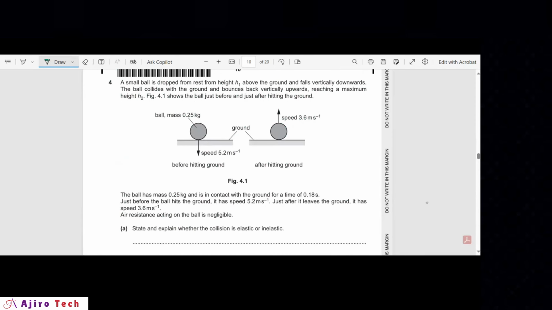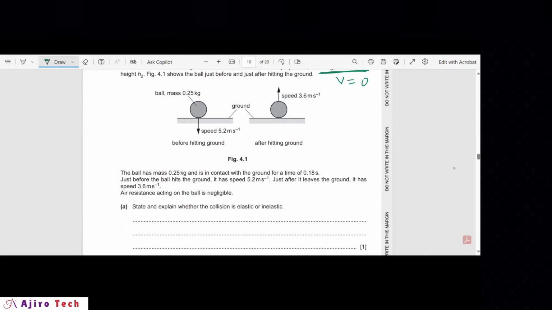Now we have a collision question here. A small ball is dropped from rest from a height h1 above the ground and forced vertically downward. The ball collides with the ground, bounces back vertically upwards, reaching maximum height. So at this maximum height, V is going to be 0. When it's coming down, U from height coming down, U is 0. So for coming down vertically downward, U is 0 for the first part. For the second part,